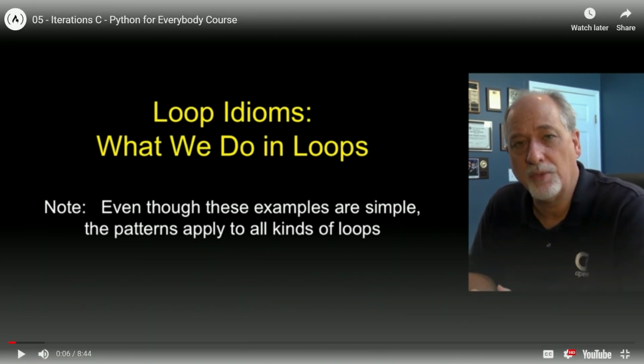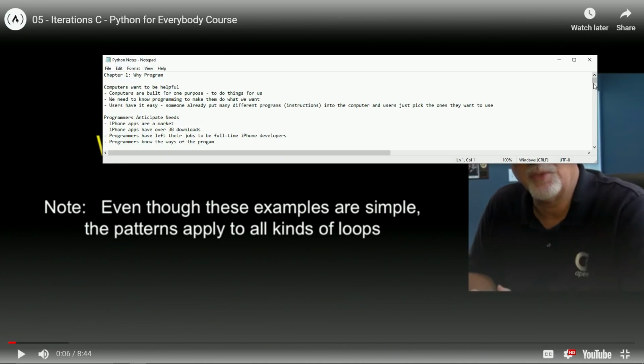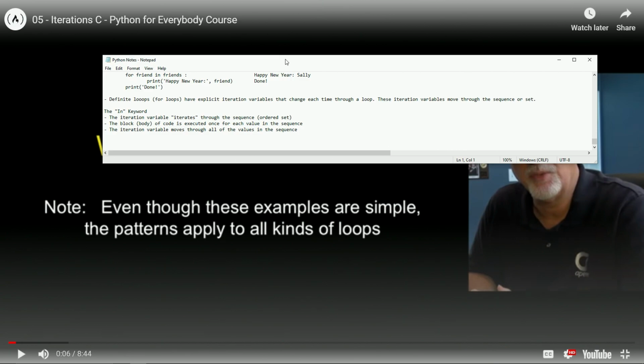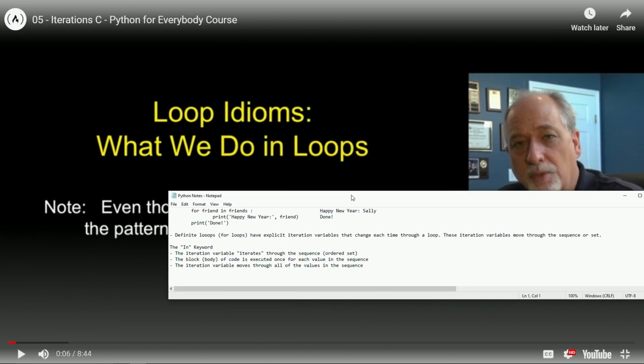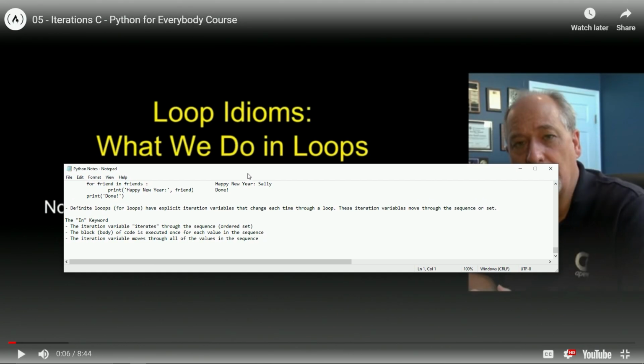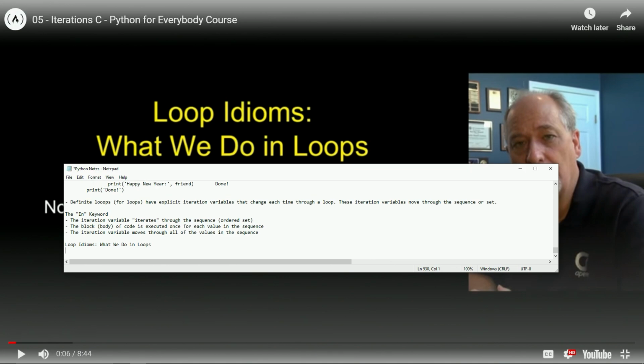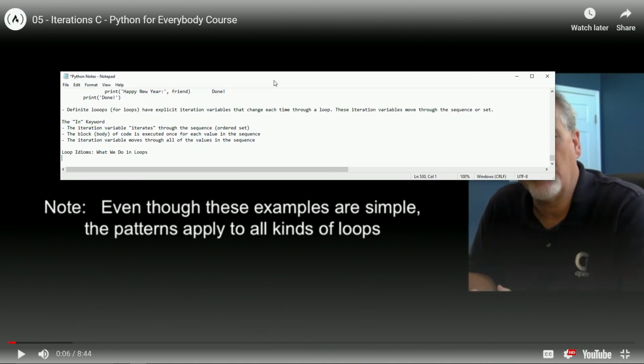Okay, let's write this down. Go to the end, and let's write this down. Loop idioms, what we do in loops. Let's do this. Loop idioms, what we do in loops. Okay. And note,